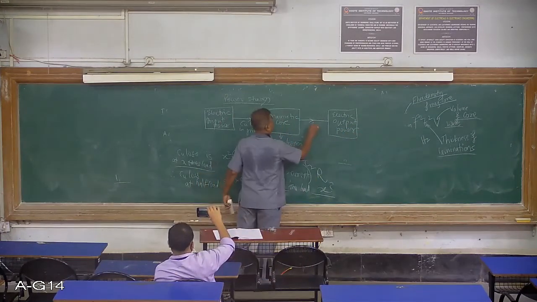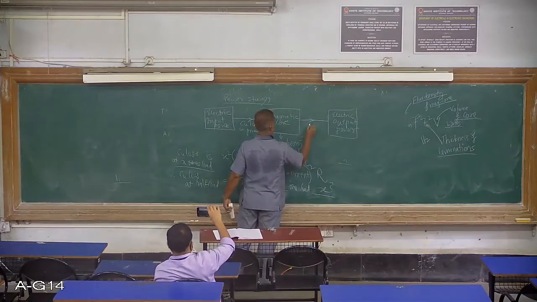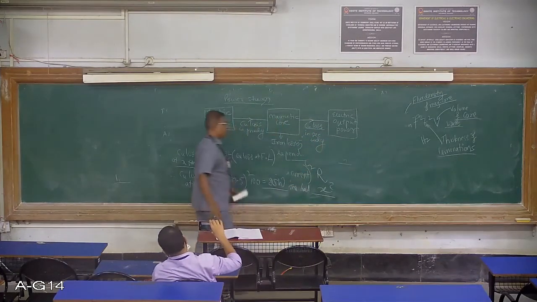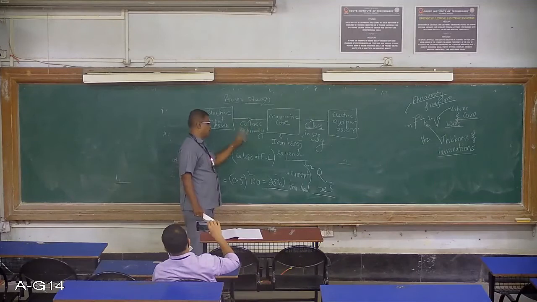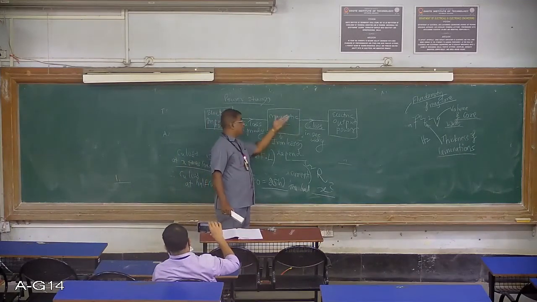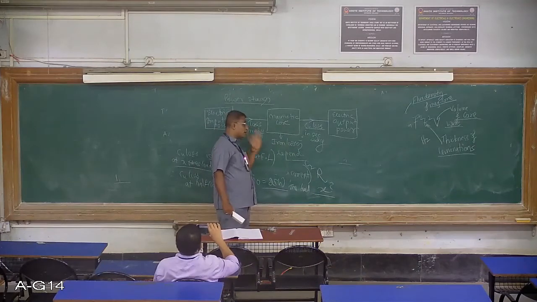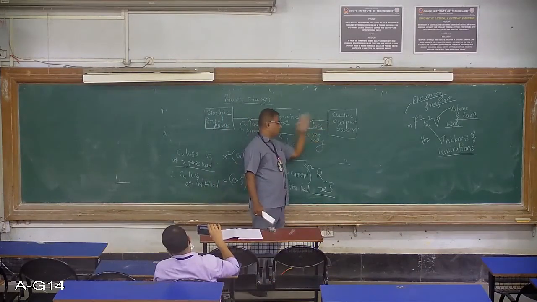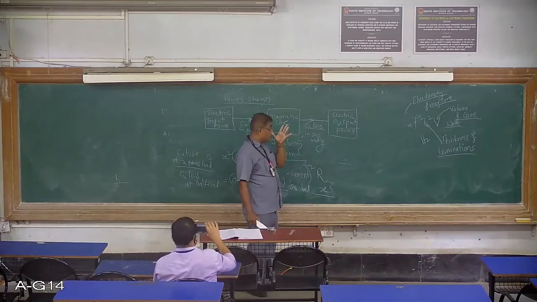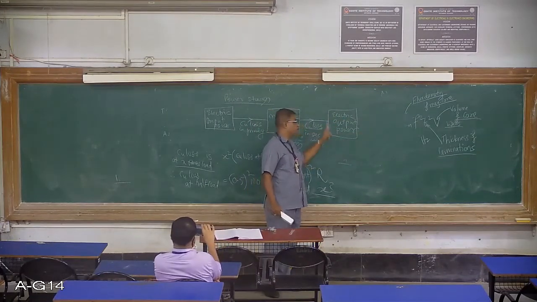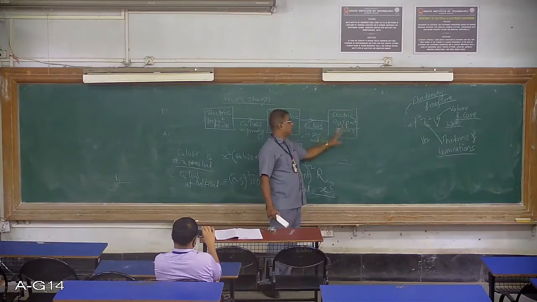Before that, you will find another loss: once again a part of power is lost in the secondary winding. So as you can see, of the input electric power, a part is lost in the primary as copper loss in the primary winding. Then there is one more power loss in the magnetic core, that is iron losses. Then the remaining power flows further. Another small part of power is lost in the secondary as copper loss in the secondary winding, and the remaining power will be available at the output terminals as electric output power.